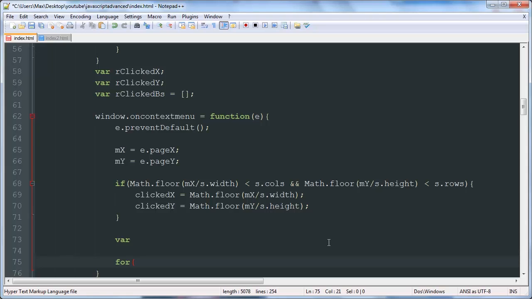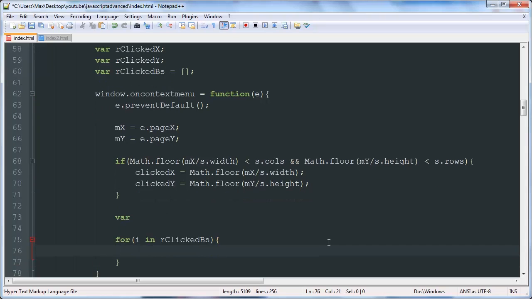But if it hasn't, then we are going to add it to the rClickedBoxes array. Actually, we'll just do for i in rClickedBoxes, and our variable up here is going to be inRClickedBoxes, false if rClickedBoxes is equal to